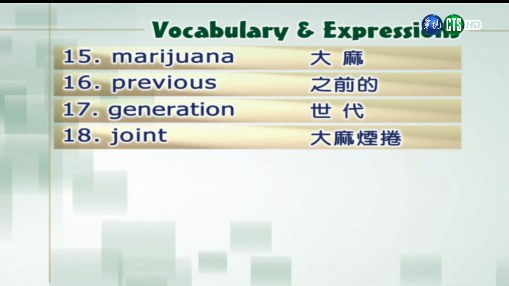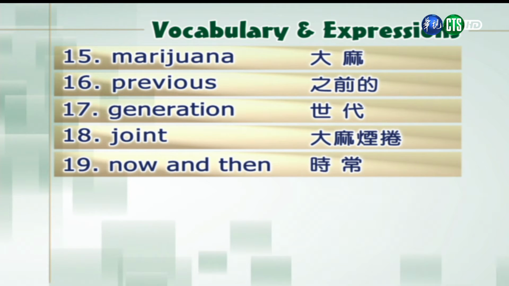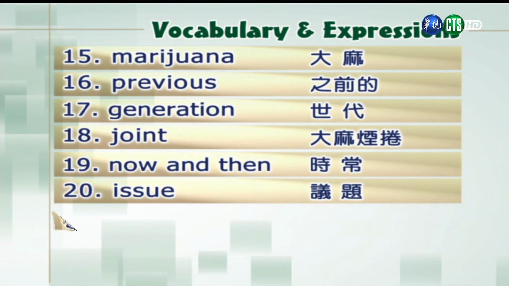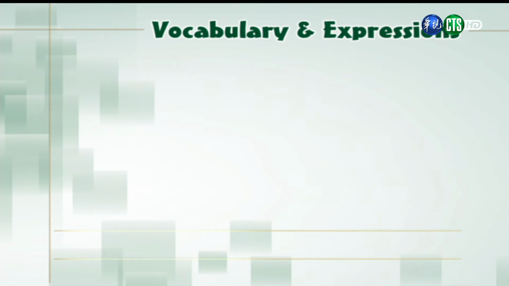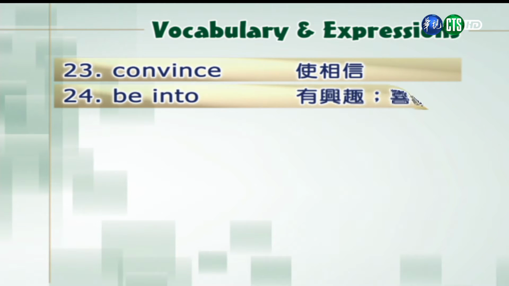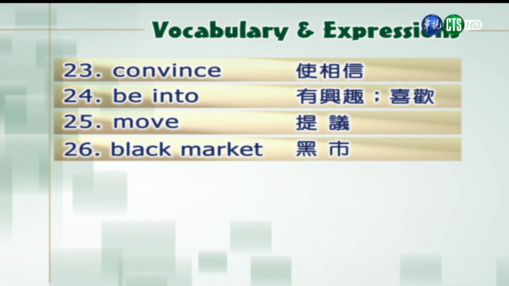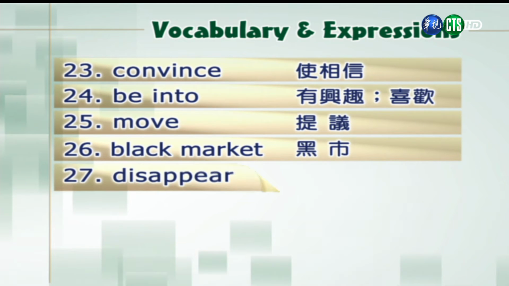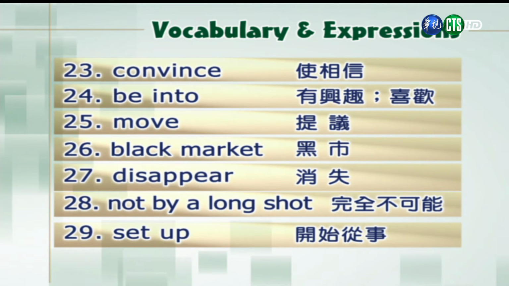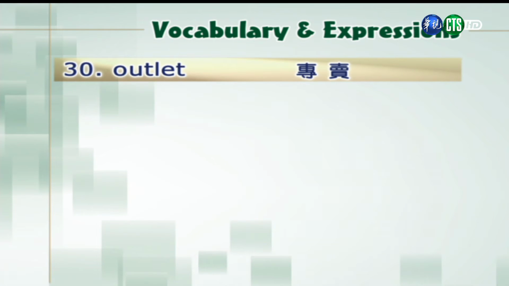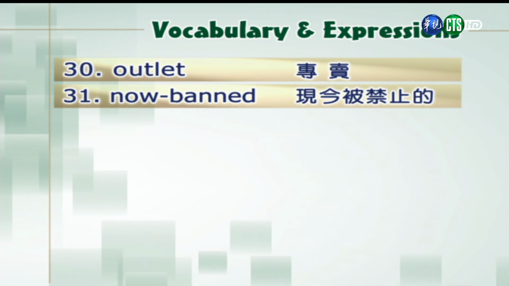Now and then. 时常。Issue. 议题。Aspirin. 阿司匹林。Avoid. 避免。Convince. 使相信。Be into. 有兴趣，喜欢。Move. 提议。Black market. 黑市。Disappear. 消失。Not by a long shot. 完全不可能。Set up. 开始从事。Outlet. 专卖。Now banned. 现今被禁止的。Substance. 物质。